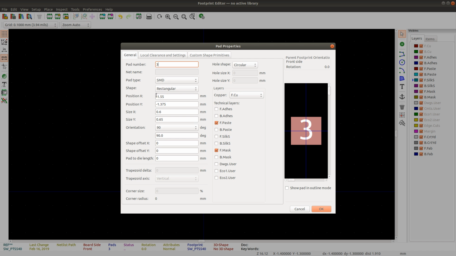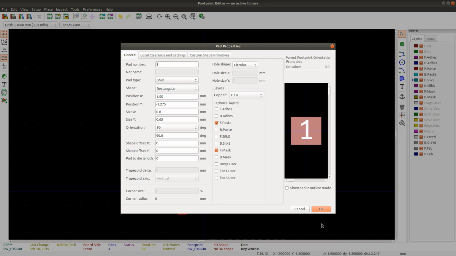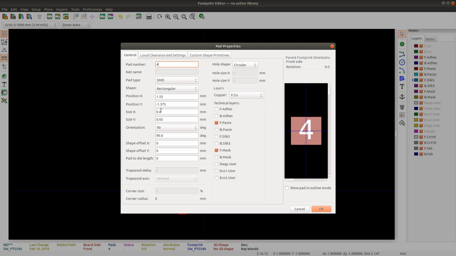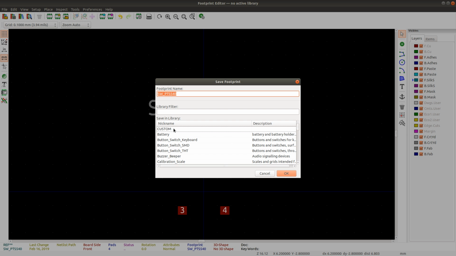So 3 will be 4. So like that. Let's see, and this would be custom